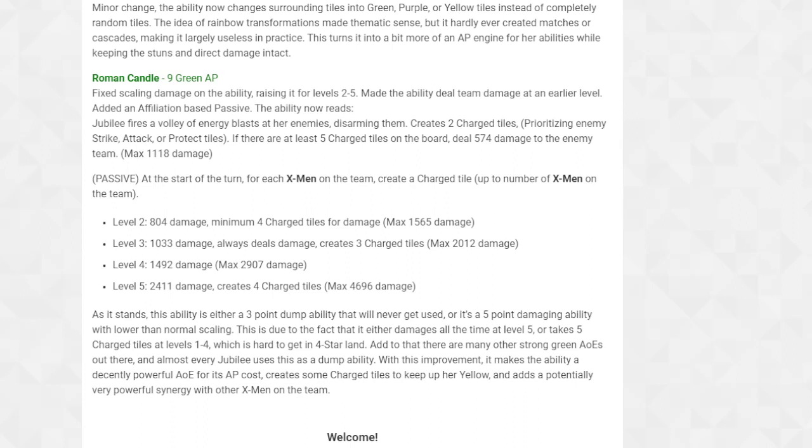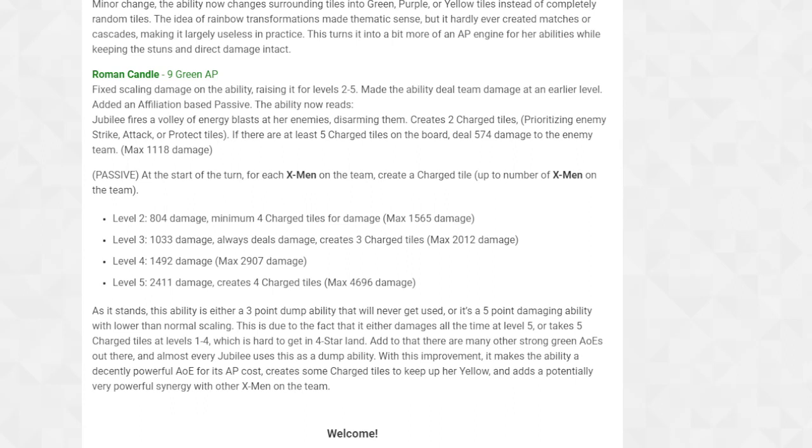I'd rather have it do that than actually deal damage, in my opinion. I'd rather have it remove more special tiles, so she has an actual fighting chance. You use this to remove special tiles, and then use basically her yellow to just match damage the enemy away, which is really fun. Alright, so